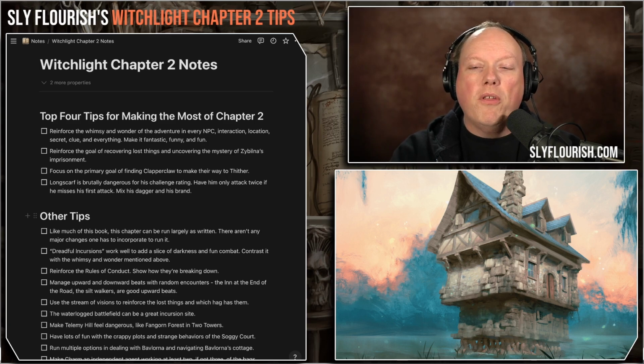So where you put in Clapperclaw and what Clapperclaw requires to take you from hither to thither, those are variables you can tune to make this chapter run well. But you're going to need to have Clapperclaw in there somewhere if you want to have this go from one place to the other. My final main tip, of these initial tips for running Chapter 2, is that